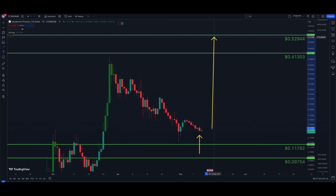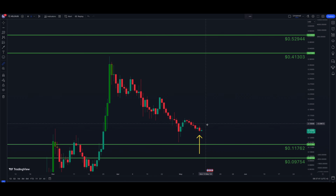52,944. 52 cents right up here. So obviously we would see 41,303 hit first, and then we would move on to 52,944. That is from where we're currently trading. If these markets took off today and went straight up, which they probably won't, but that would be a sight to see,